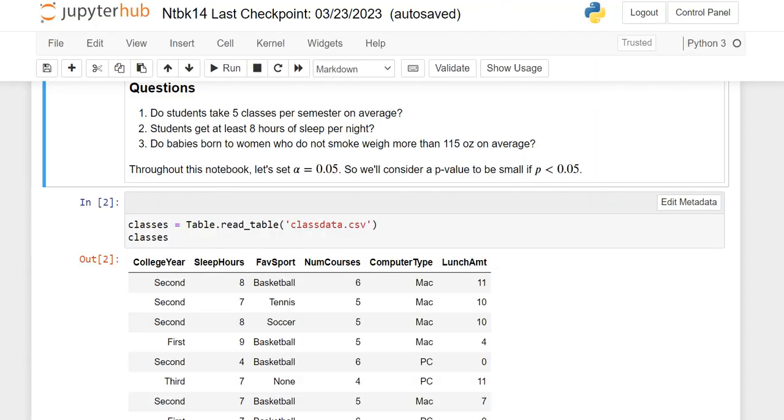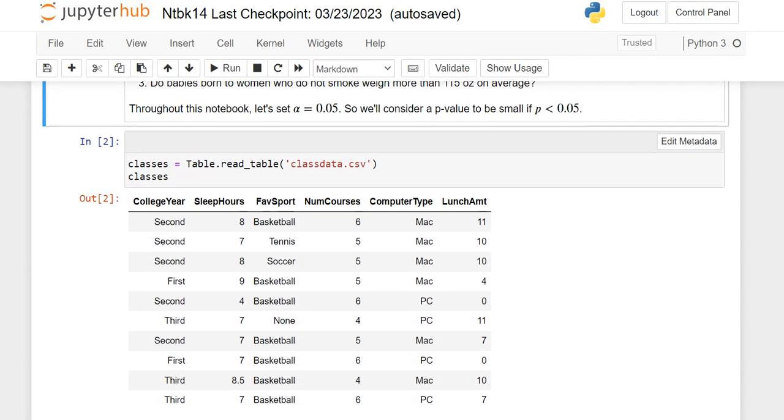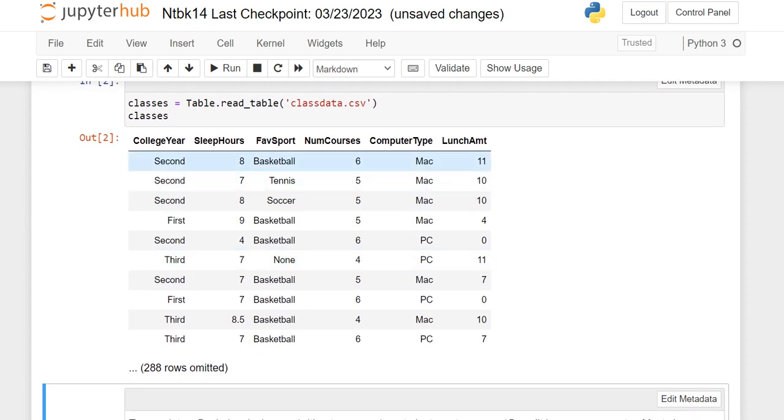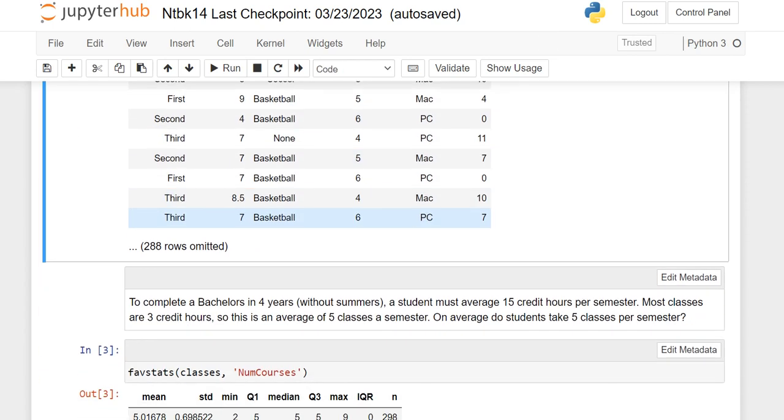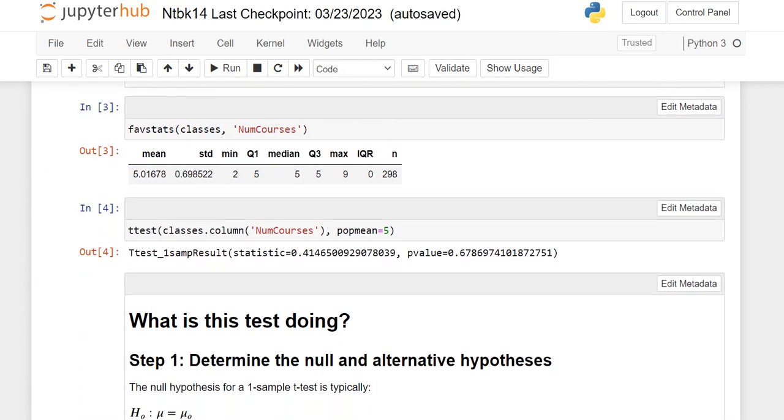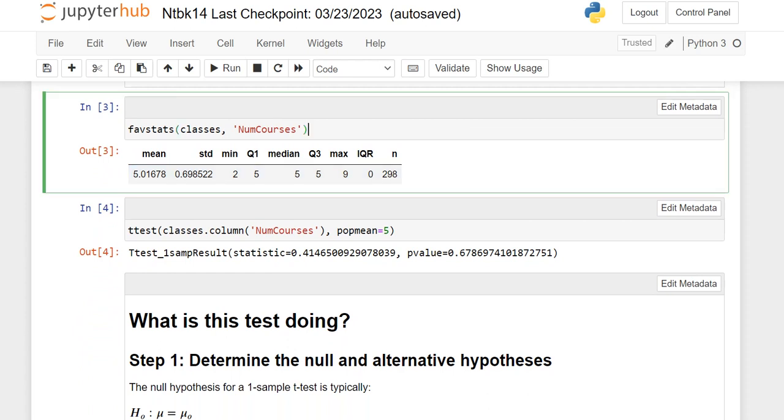Okay. So again, here are the classes. We're just loading the data set, and you can see that this num courses column is where we're going to get the data. All right, so favstats is